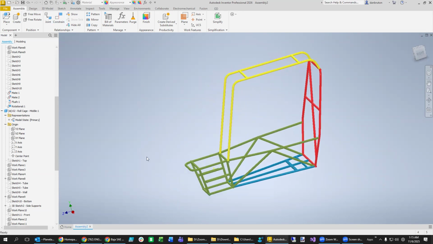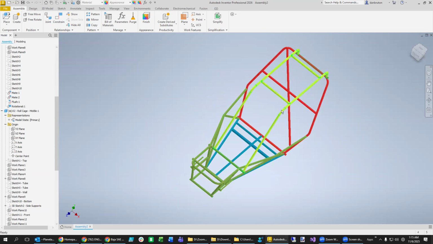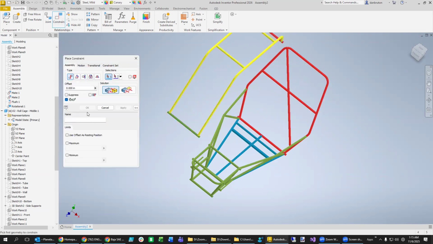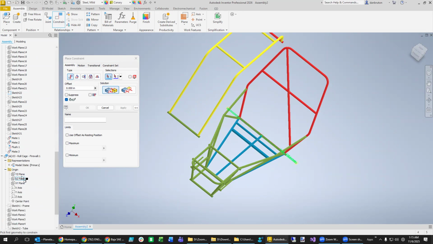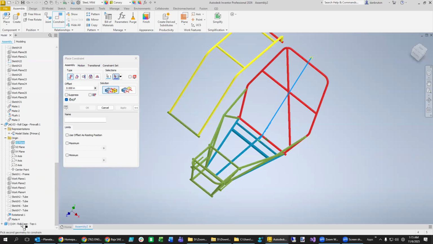If we click OK, you see that we're really not done quite yet, because this one can slide back and forth that way. So you know what we did, right? We went to constrain, and we're going to look for the two planes of those last two objects. Or at least maybe, let's see, the firewall, we can use that one as one possible. You can see the firewall plane right through the midpoint. We need to find the same thing for the roll cage here at the bottom,